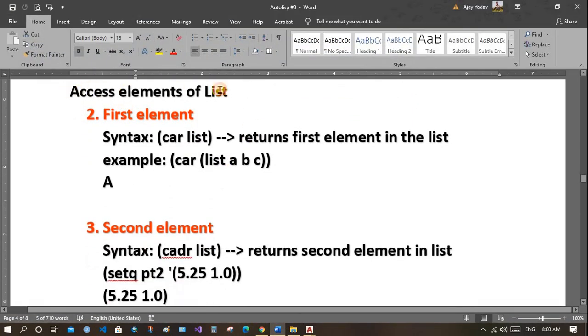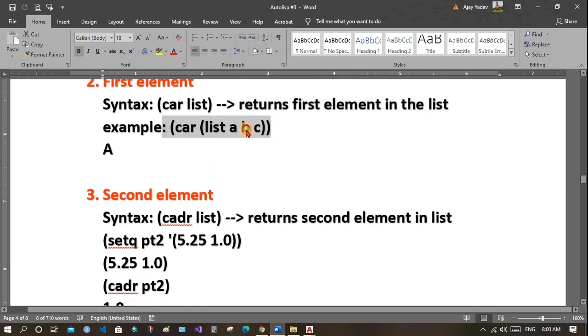Now accessing first element, second element, and so on of the list. If we want to access the first element, we will use car lst. Lst means name of list or the list itself. It will return the first element in the list. See this example. Car list A B C, the first element is A and A will be returned.